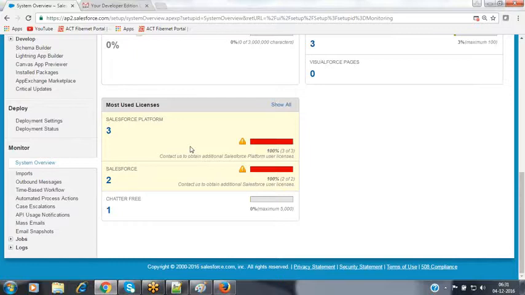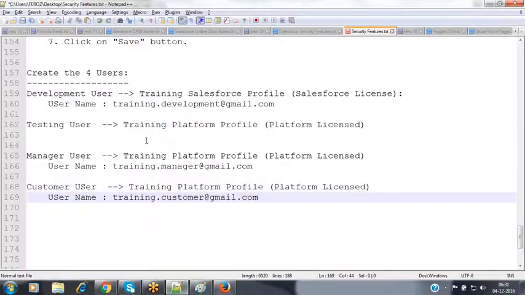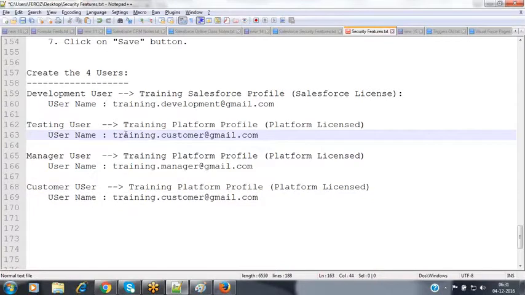So now, once the users have been created, how can we deactivate a user? Suppose, for example, we have created various users right now. These are the users we have created. From these users, one user has resigned. User means one member, one employee inside my organization. So now from these users, one employee has resigned from my company, from my team.